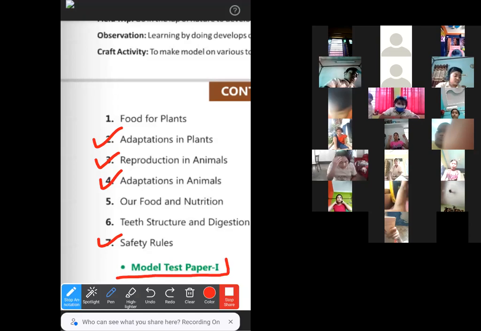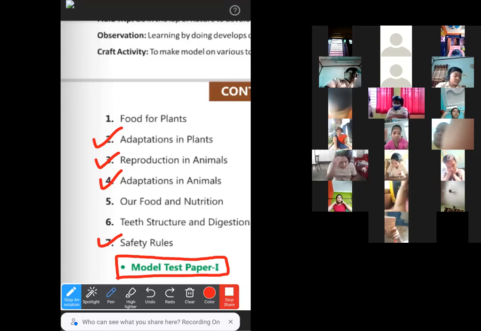Okay, as you have completed 1, 5, and 6 also, 1, 5, and 6 will not be there. But you will have to solve the model test paper 1, and if any question is there in model test paper 1 from chapter 1, 5, and 6, that can come.